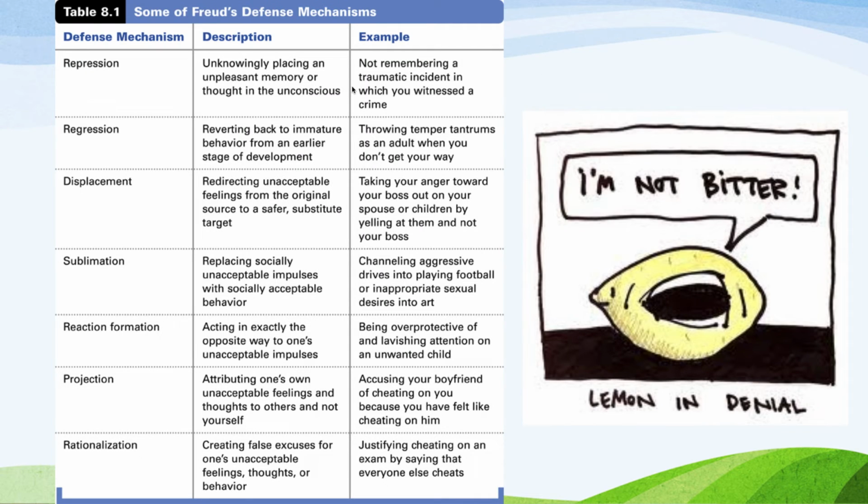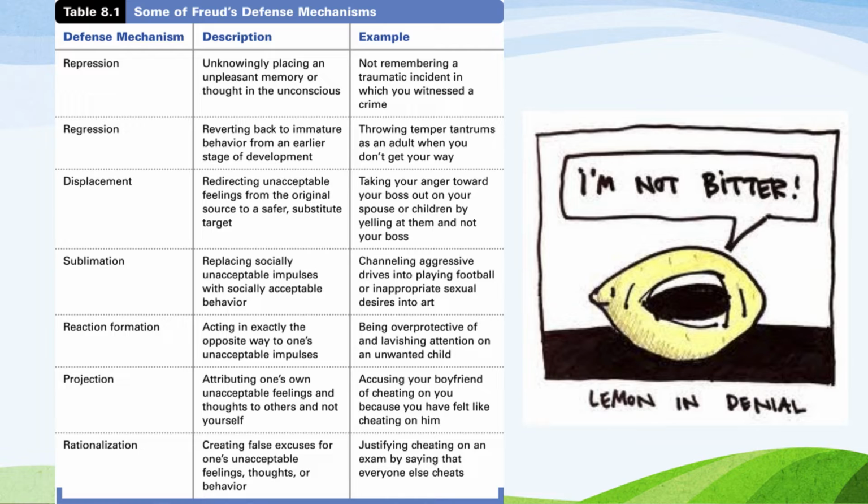But repression, on the other hand, is happening on an unconscious level. Like if someone's in a traumatic accident and they have no memory at all for what they experienced, or if they witness something traumatic and they have no memory at all for what they experienced, that may be an example of repression. Regression is when an individual will revert back to a previous developmental stage. So a child who is potty trained and then all of a sudden starts wetting the bed. Maybe parents are going through a divorce or they're experiencing some other big life changes and they start wetting the bed or something. That could be an example of regression.